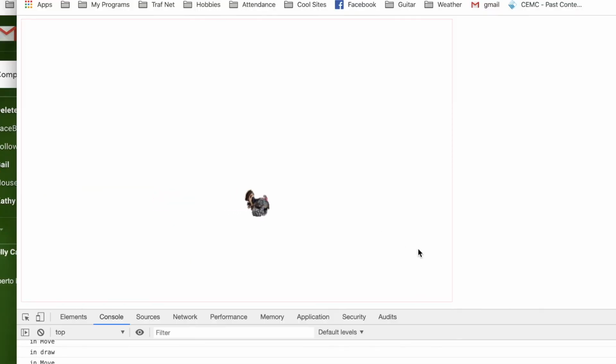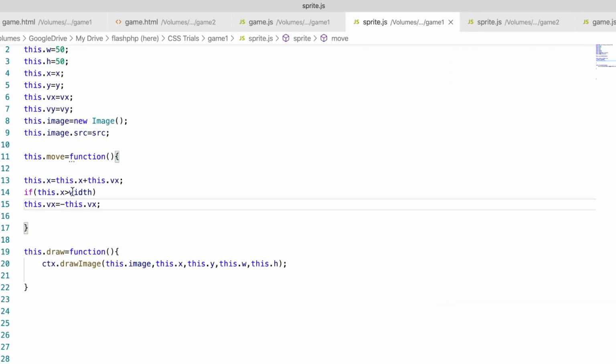Watch what happens when it gets to the end. Bounce. It bounces a little late. I want it to bounce a little earlier, so I want it to bounce at its width. I'm just going to subtract the width from the edge of the screen. If this.x is greater than the width of the screen minus the width of the turkey, so this